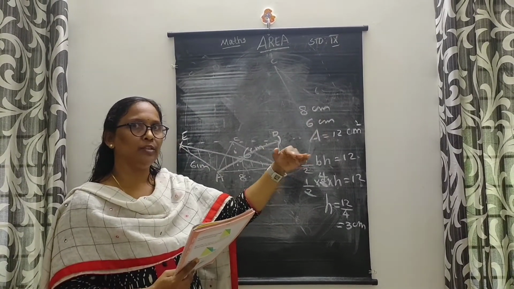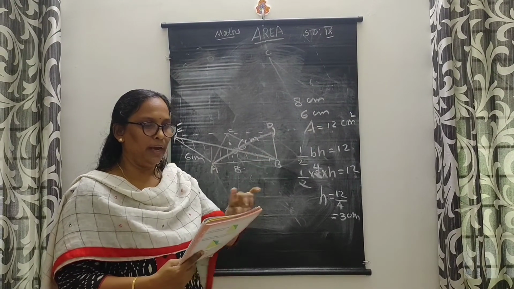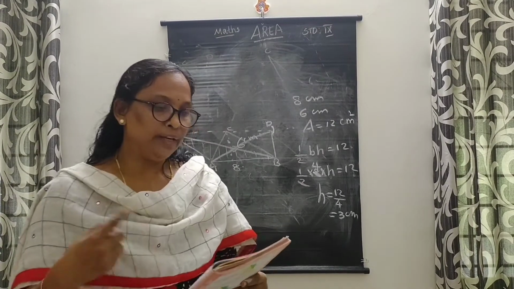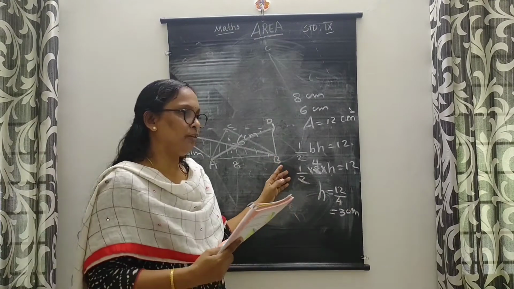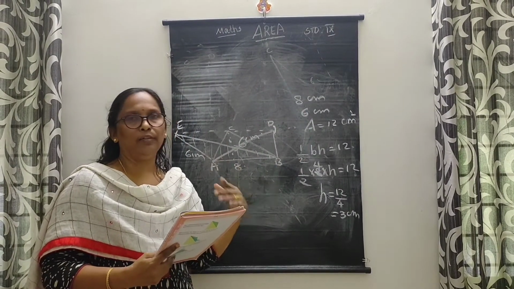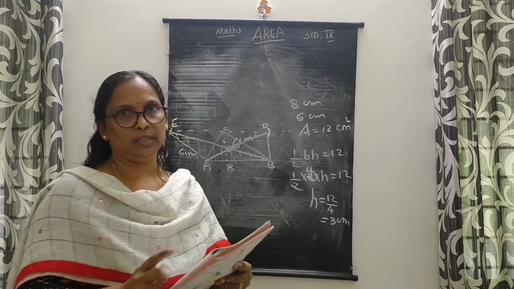The second part of this question: the sides are 8 and 6 centimeter and the area is 24. How to draw? How many different triangles can we draw like this? For this, you take the measures, draw the figures, and find out how many triangles you can draw using these measures. Okay, this is a home assignment.